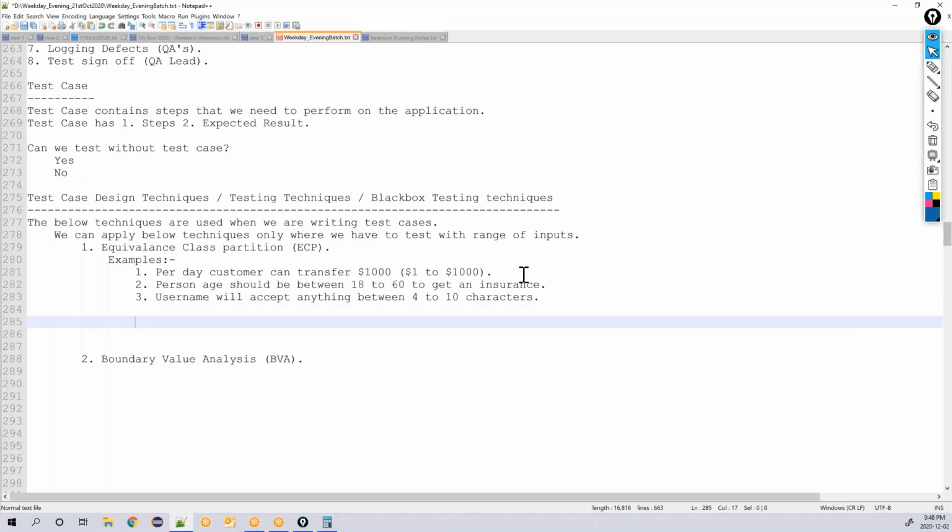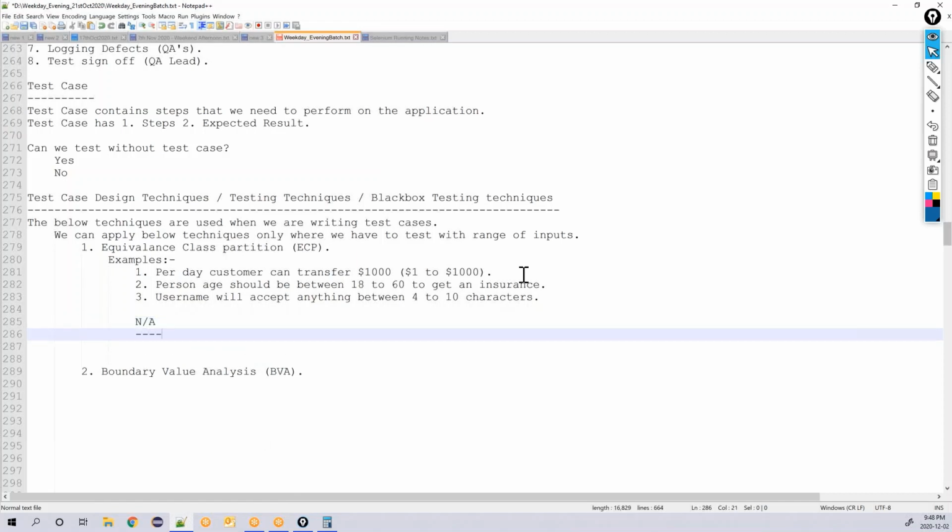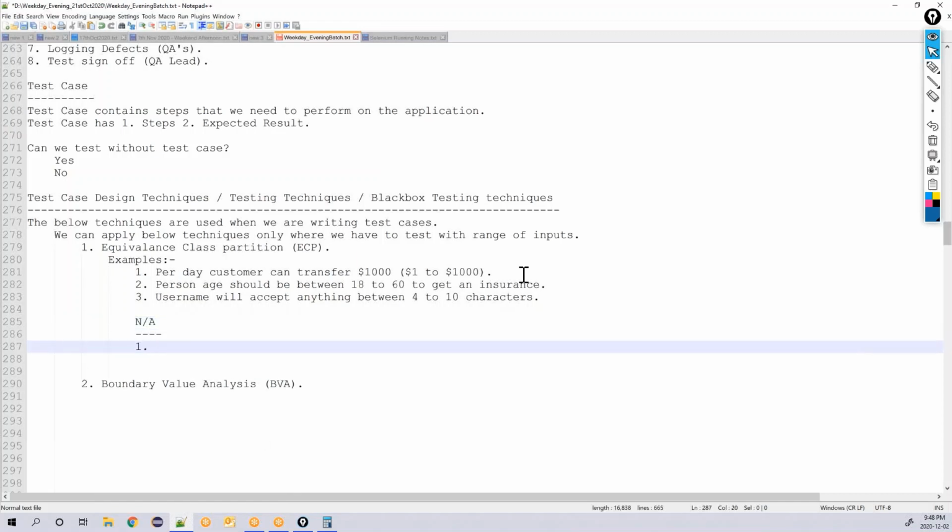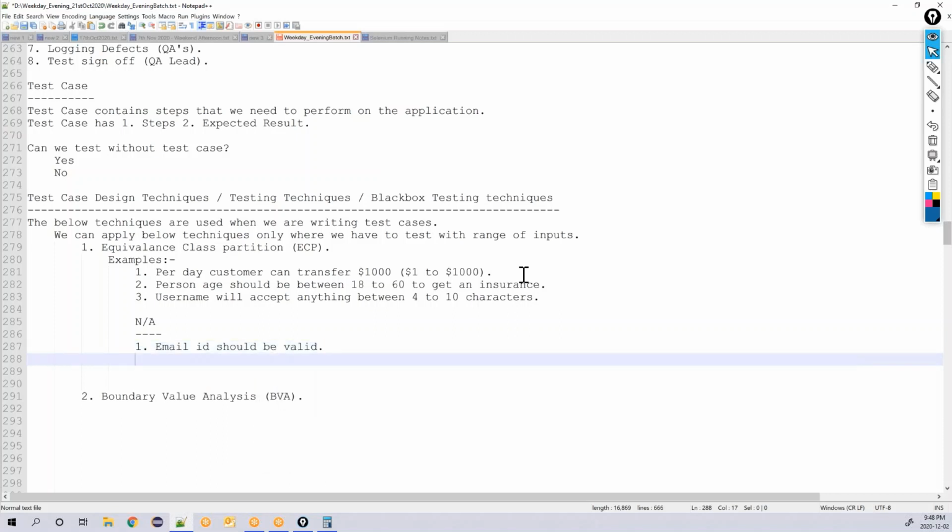So there are cases where we cannot apply, not applicable. Those not applicable are, first, email ID should be valid. Here you can't apply.